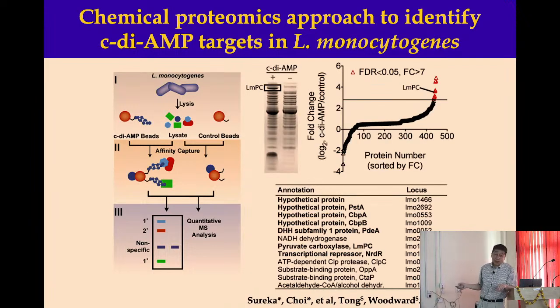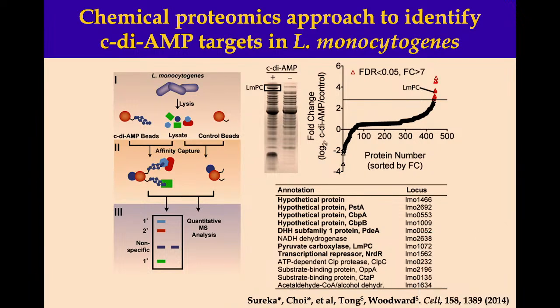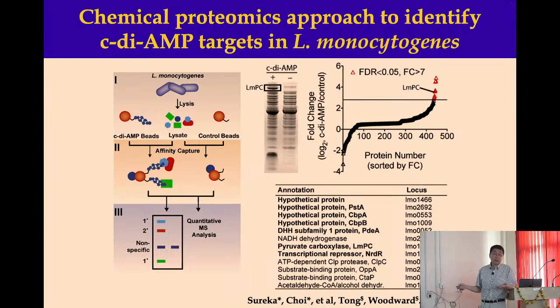And I should say, we had a good collaboration with Josh. Many of these you can see are hypothetical, which means they're not really very well understood. But this was 2014 when the paper was published. Since then, we have worked on many of these. We got the crystal structures of them, and Josh did some functional work. So many of these have been published, with functional understanding of what the effects are. But then down the list here is PC, pyruvate carboxylase from listeria.